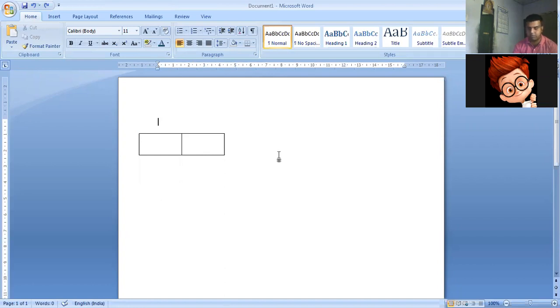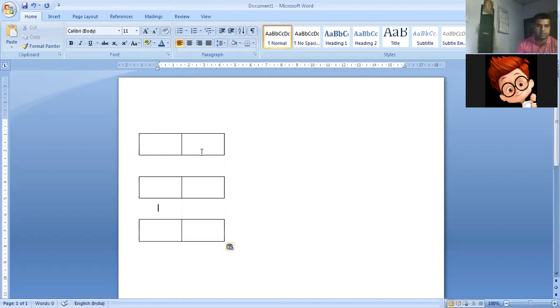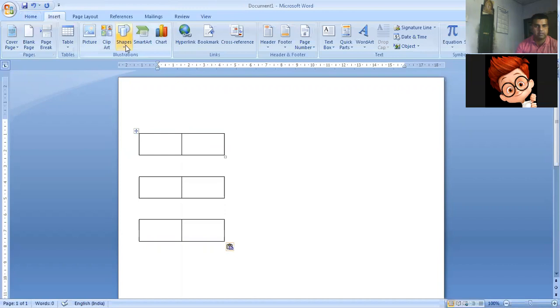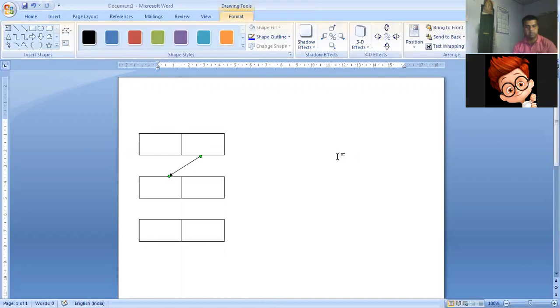So let me draw it in this fashion. I think it will be better. There is no space, so I'm just making it. So this is the fashion. That means if I have to show you the link, if this is the memory address part, then this is indicating the value of this particular node.